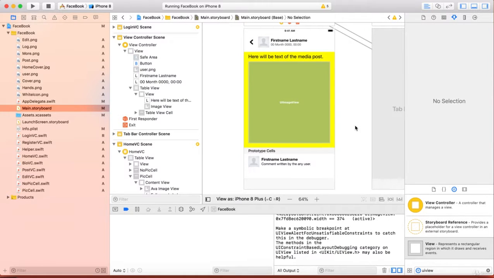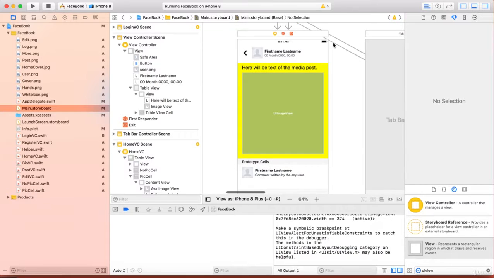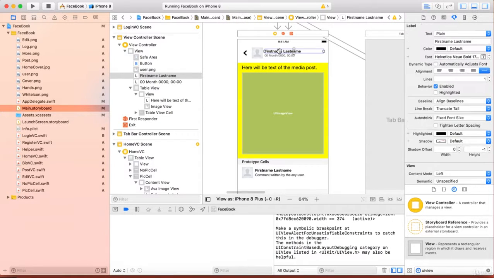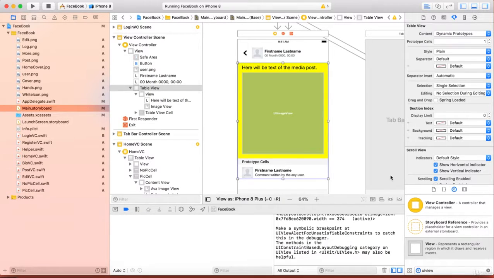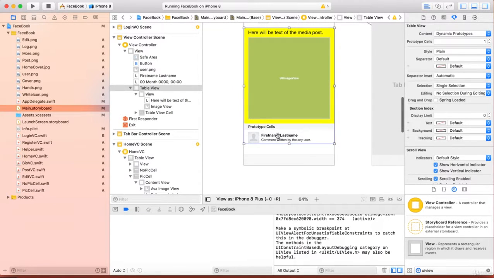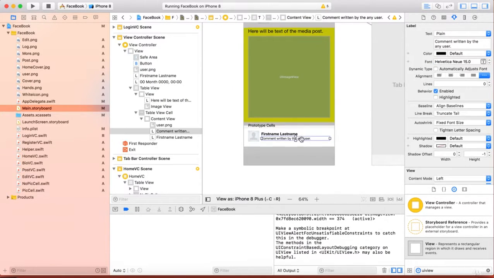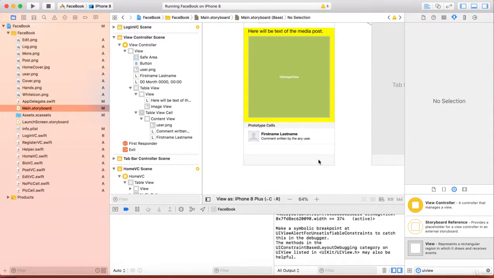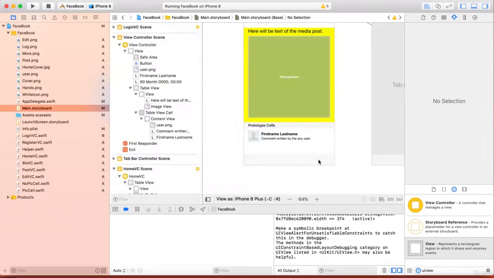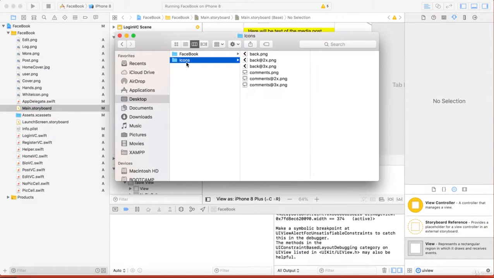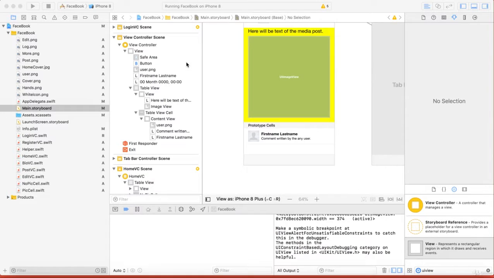Then I will select the UI view and resize it accordingly. So now here we have a top layout, which stands for the user who posted the post, having the first name, last name, then the date when the post has been posted, and then the back button. Then we have the post itself. Underneath we have the comment cell, and right at the bottom we will have a bar which will show the comments